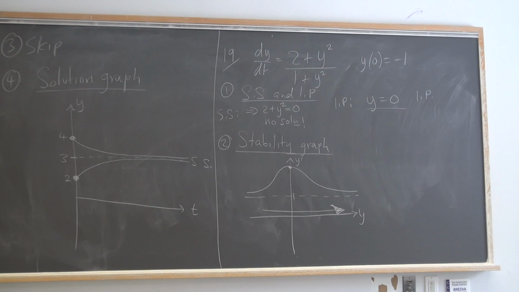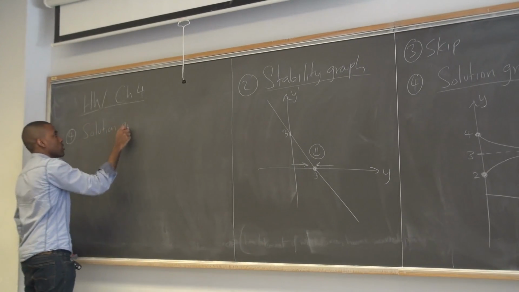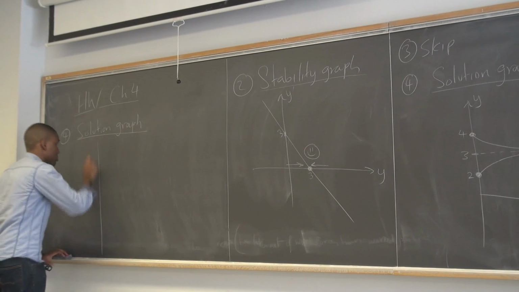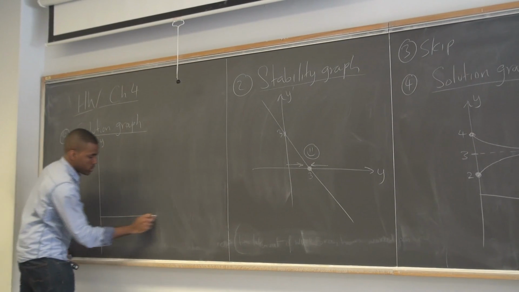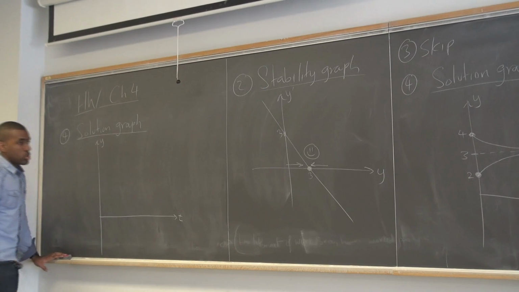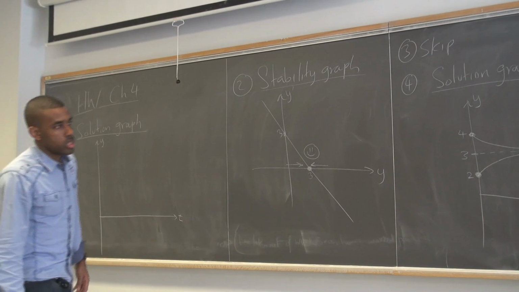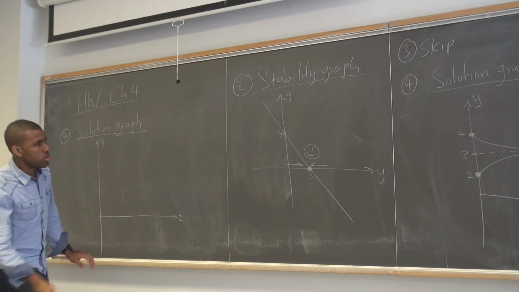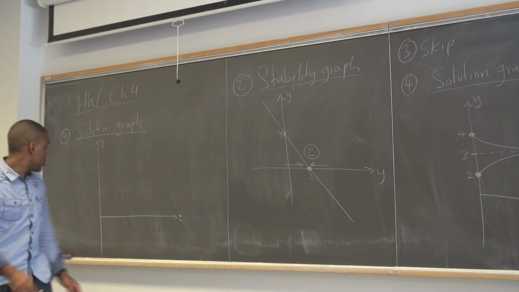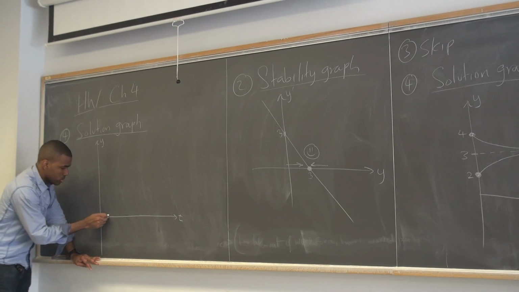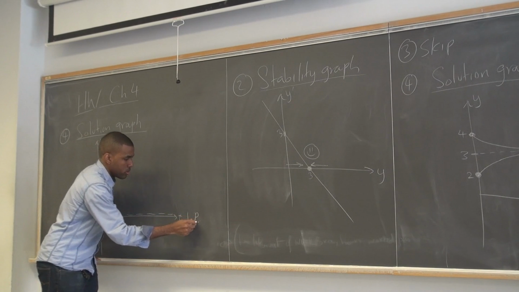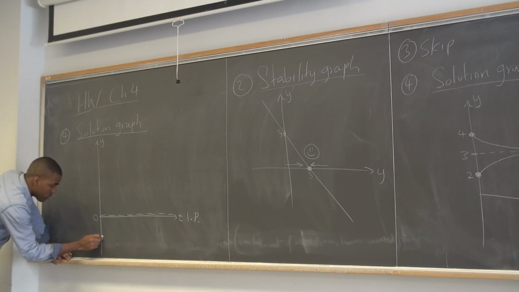And from this, we should be able to draw the solution graph. So there are no steady states to put on the map, but there is an inflection point that happens at 0. So 0, that's actually an inflection point. Okay, so if we start at -1,